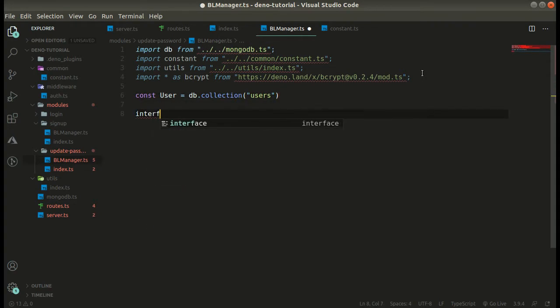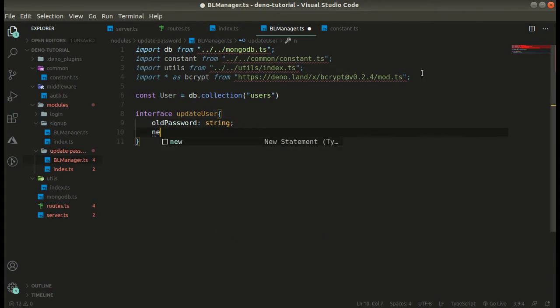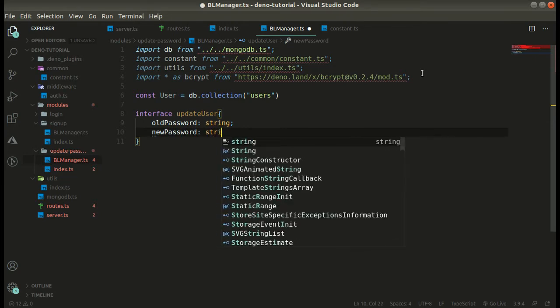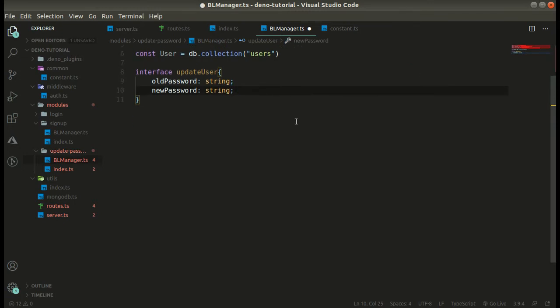Now let me show you how our request will look. We will have the old password as well as the new password in the request. Okay, cool. Now let's make the update function.